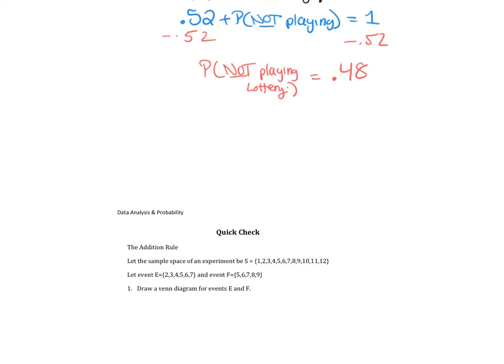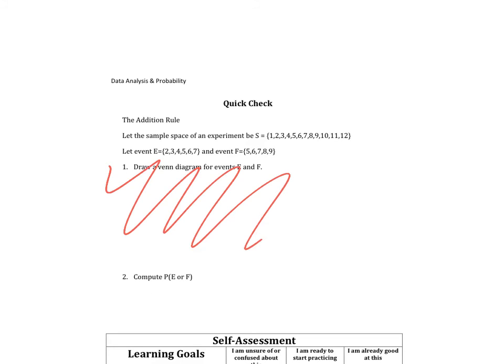All right, so for the self-assessment, you don't have to do the first one. Don't worry about the Venn diagram. It's not helpful for that problem. So just go ahead and do number 2, calculate the probability of E or F. Then I'll check it, give you the homework, and